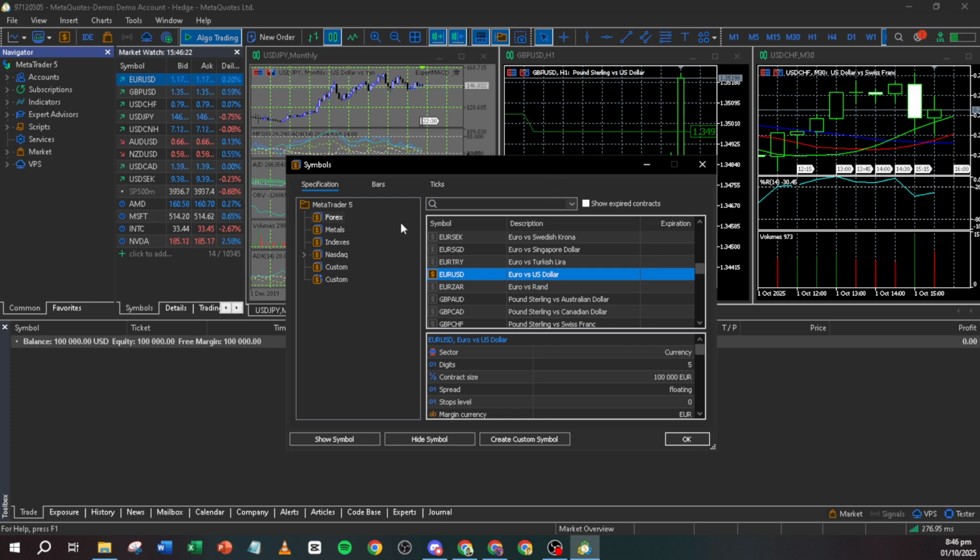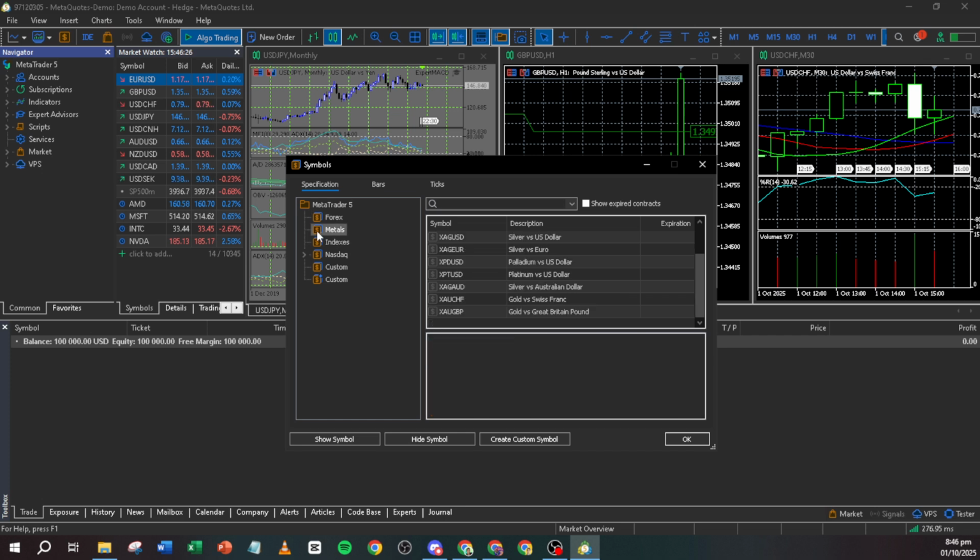Here's where you can explore the extensive collection of trading instruments offered by your broker. You'll notice these instruments are categorized, making it easier for you to navigate through them. Take your time to go through these categories and browse until you locate the particular instrument you are interested in adding to your MarketWatch. This could be a currency pair, a stock index, or any other financial instrument you're looking to keep an eye on.